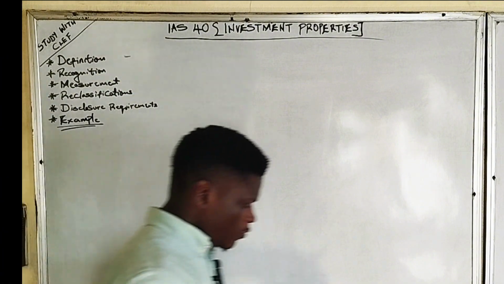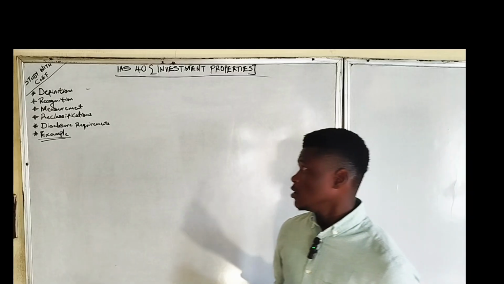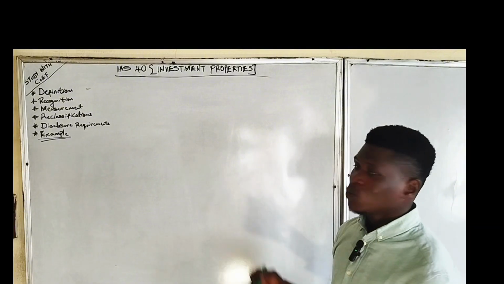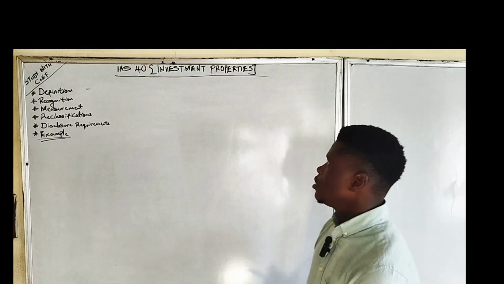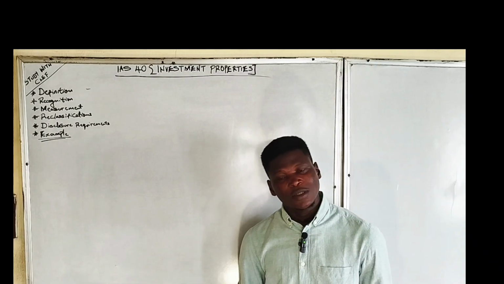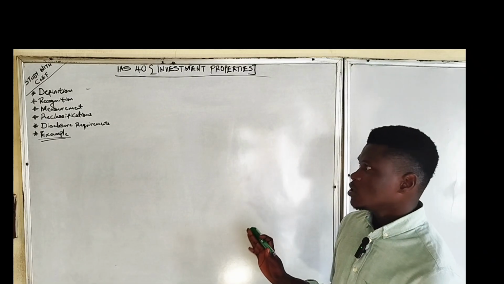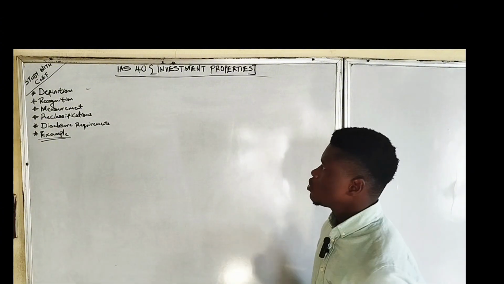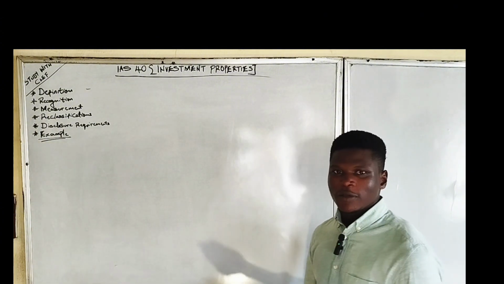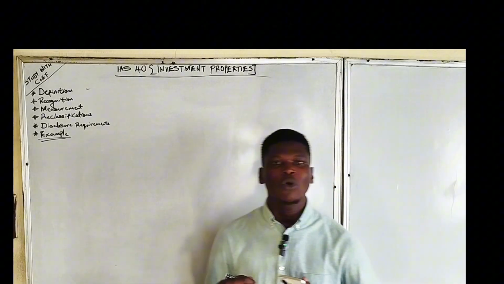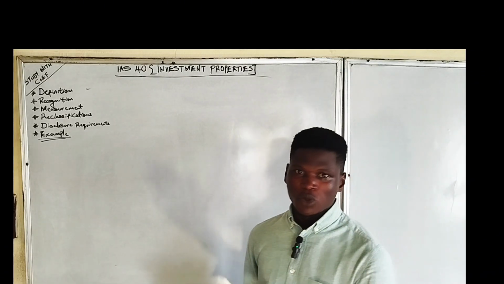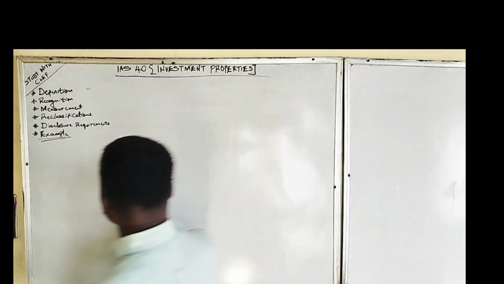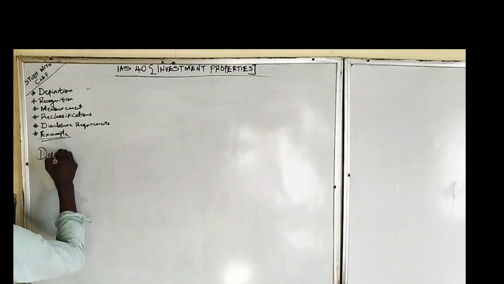So IAS 40 prescribes the accounting treatment of investment properties. Like we talked about last class, investment property is a type of non-current asset which is specifically governed in another standard, basically different from IAS 16. So while IAS 16 was assets held for use and administrative purposes, IAS 40 investment properties are basically, so coming to the definition now,